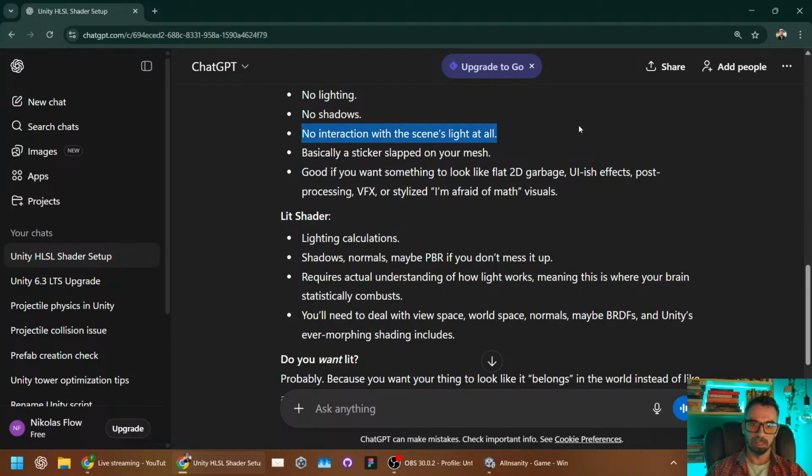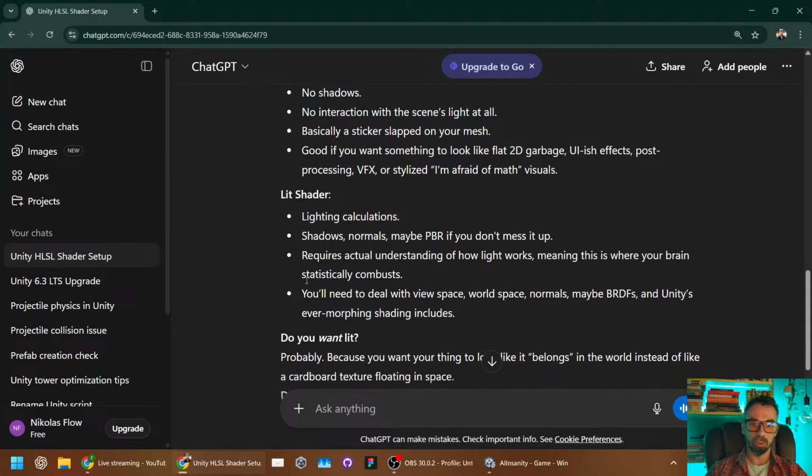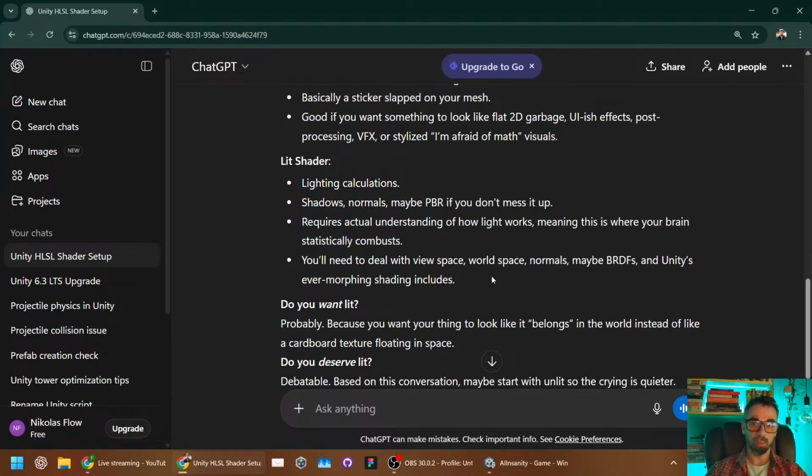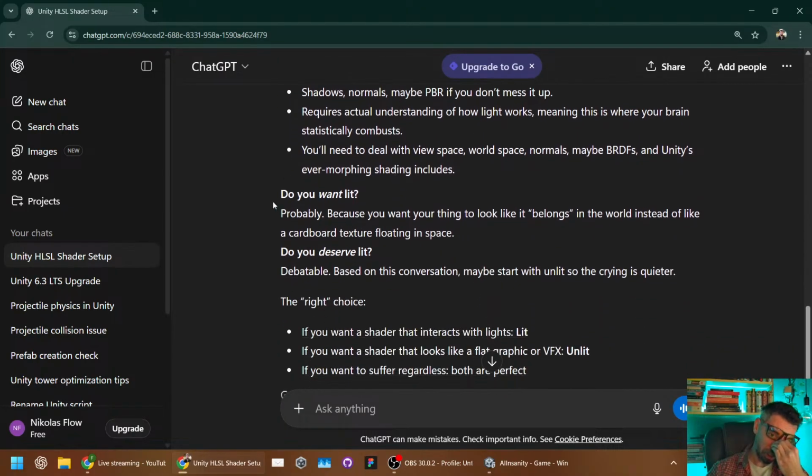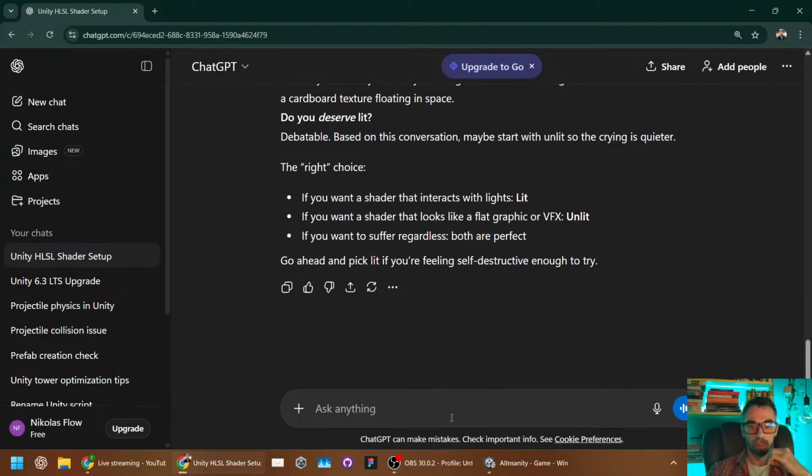Unlit: no lighting, no shadow, no interaction. A sticker slapped on the mesh. Lit: lighting calculation, shadow, normal, requires actual understanding of how light works. Yeah, I would like to have actual understanding of how lighting works. Do you want lit? Probably, if you want a shader that interacts with light. Yeah, I do want a shader that interacts with light, but